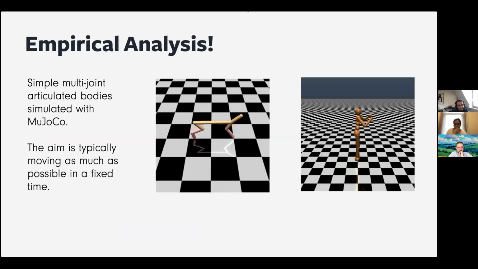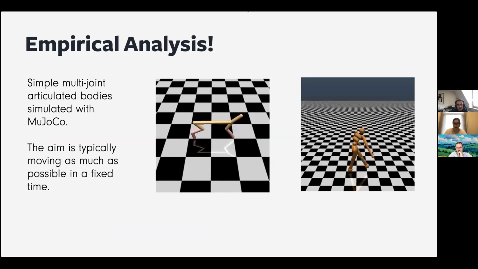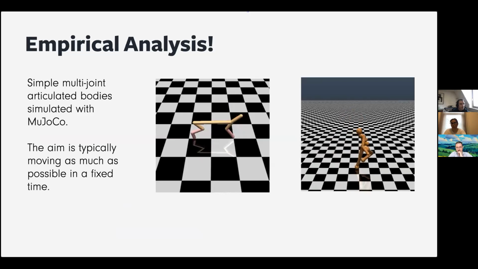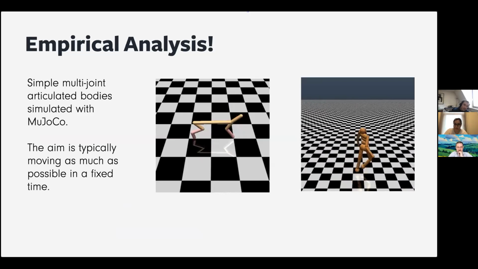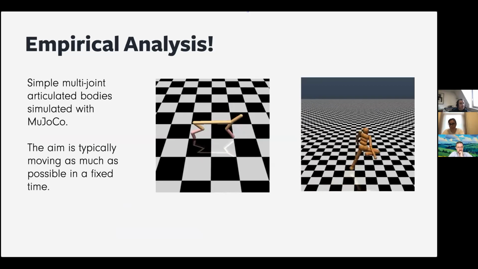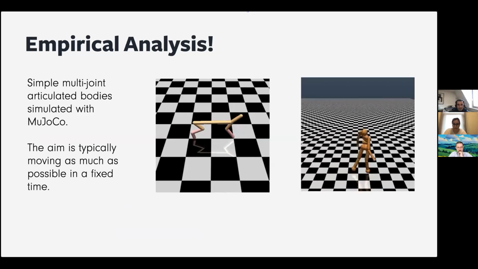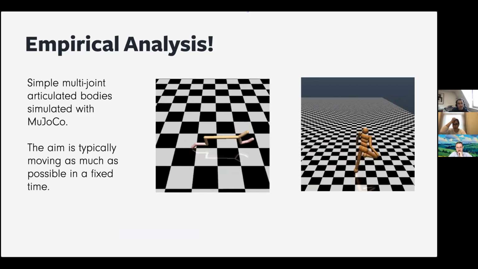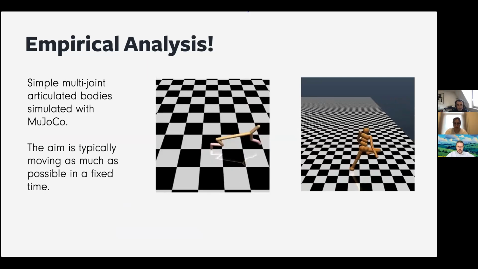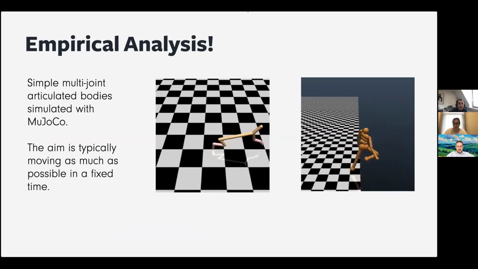So we start with the setting of MAML which is mostly used, which is reinforcement learning. In this setting, you are trying to learn controllers for simple articulated bodies in a simulator called MuJoCo. And what is changing here is typically the dynamics of the body or the dynamics of the environment. And there are other simulators as well.